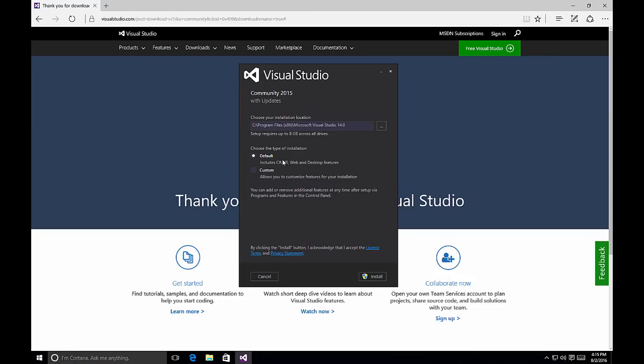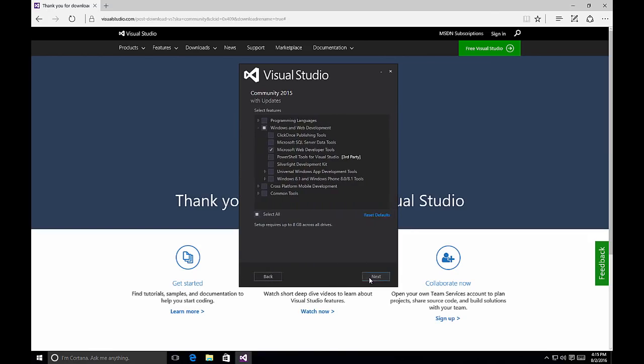For the most part, the default allows you to create web and desktop type applications. But if you want to create different styles of applications or include more languages, then the custom option is what you should be choosing. I always recommend selecting the custom option for the installation of Visual Studio 2015 to ensure that you're getting the packages and libraries that you need to create the applications you may wish to use. So by selecting Custom and clicking on the Next button, we are now brought to the screen where we can